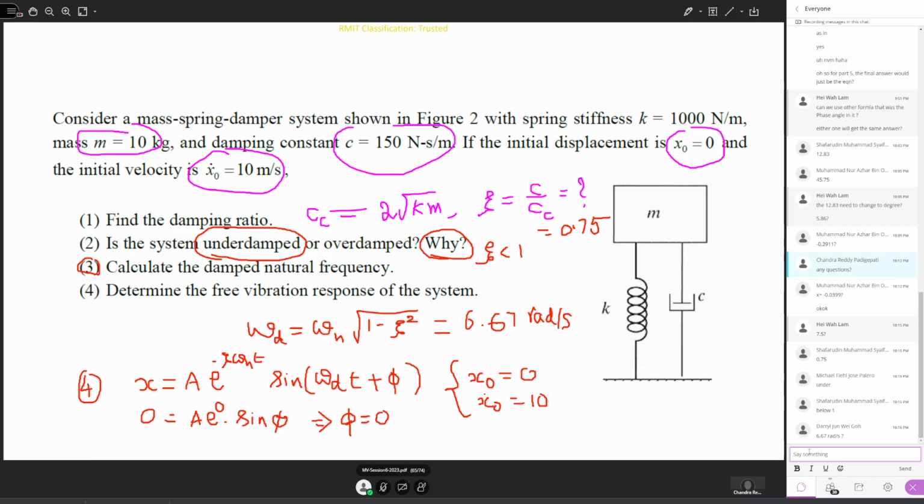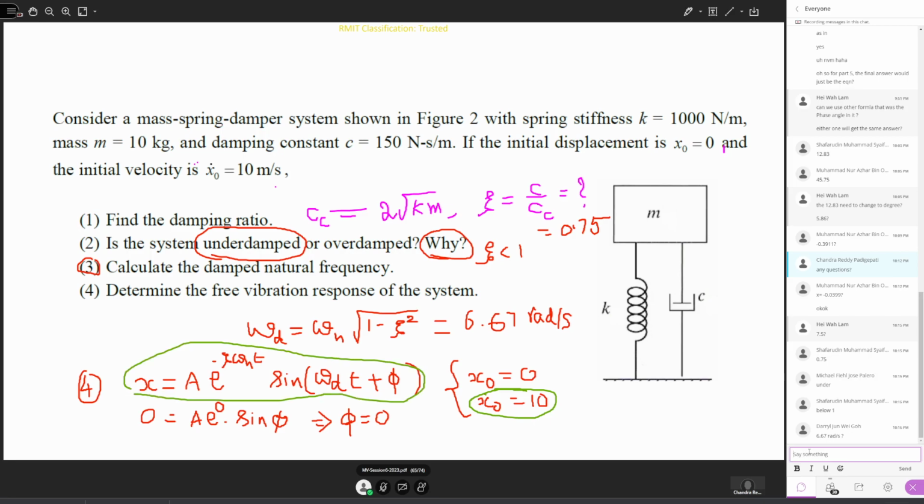All right, so for the next part, you need to take the derivative of this equation. To apply the second initial condition, we need to take the velocity. Velocity means you need to differentiate this expression. So once you differentiate this expression, x dot will be,